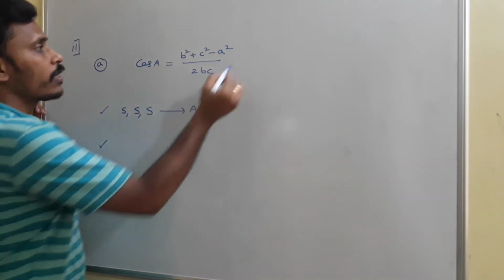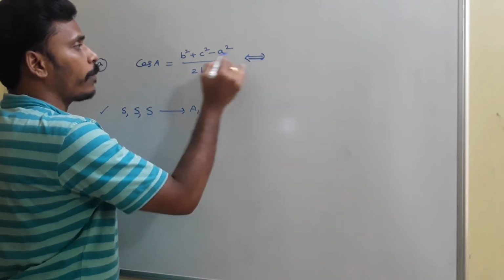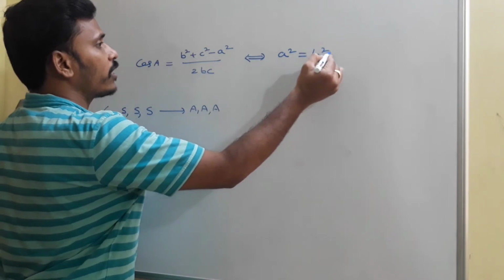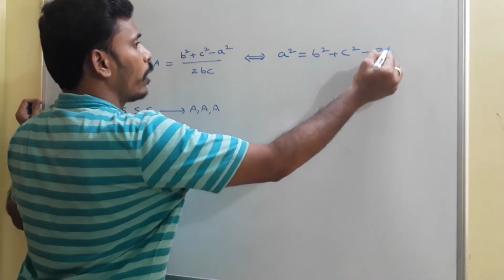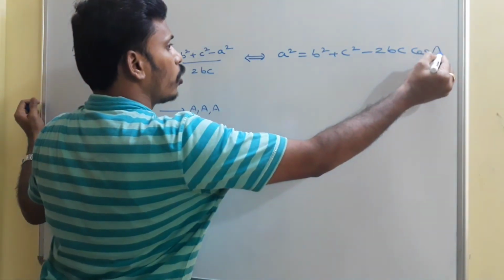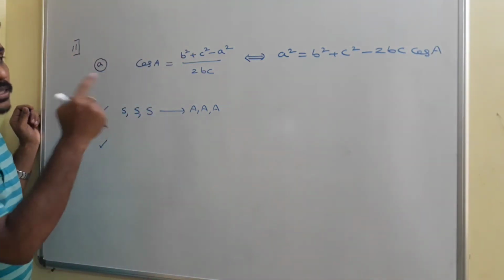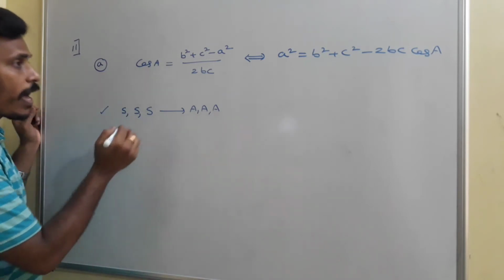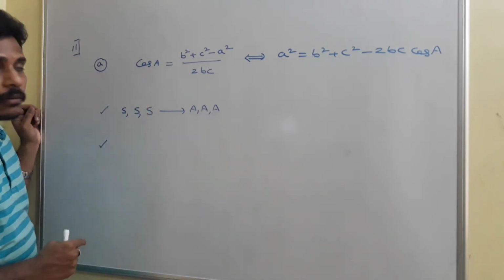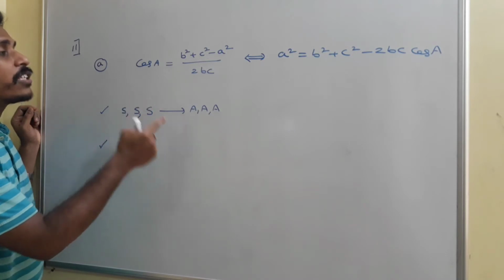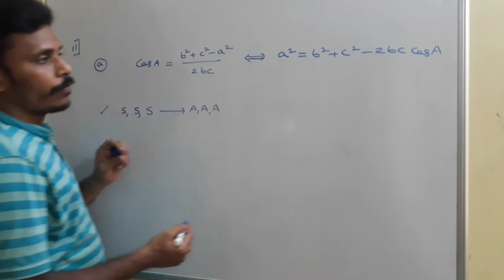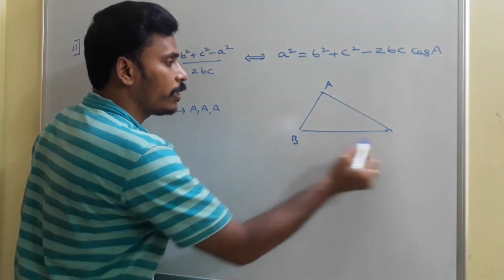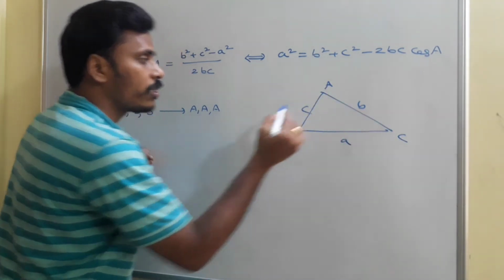And the other work is, we have a chance to rewrite it like this, okay? See, 2bc cos A, and if I make a square the subject, there is a chance to write that a square is equal to b square plus c square minus 2bc cos A. And since a square is equal to b square plus c square minus 2bc cos A, if you have the sides b, c and angle A, then there is a chance to find that side length a, okay? For example, if this is the triangle, and once you name it as ABC, this is small a, this is small b, this is small c.